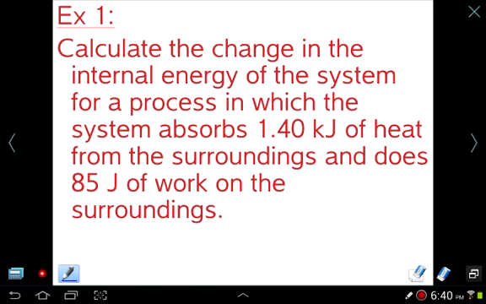So let's go ahead and tackle this first question. Calculate the change in the internal energy of the system for a process in which the system absorbs 1.40 kilojoules of heat from the surroundings and does 85 joules of work on the surroundings. So really what we'll do is we'll take our equation, which says that the change in energy